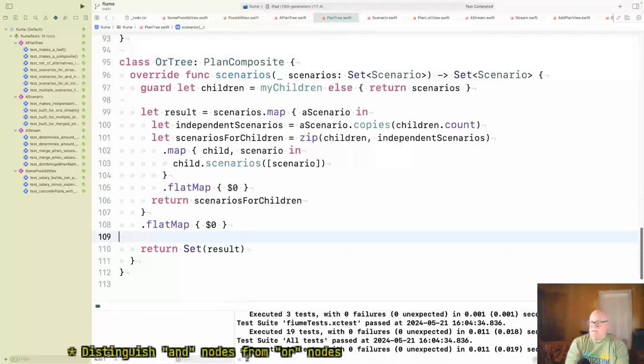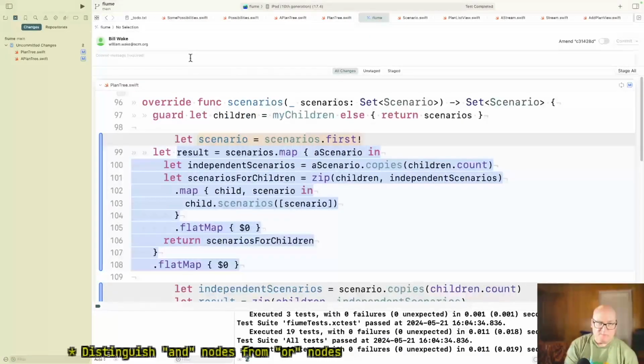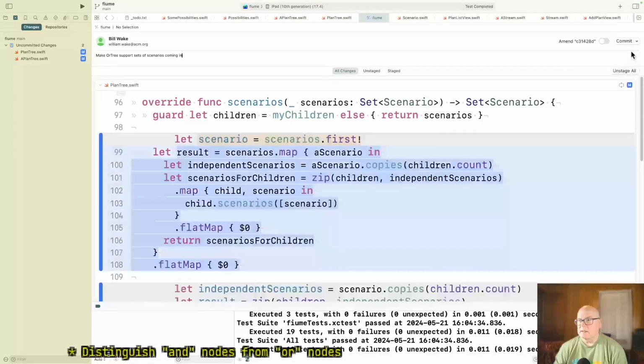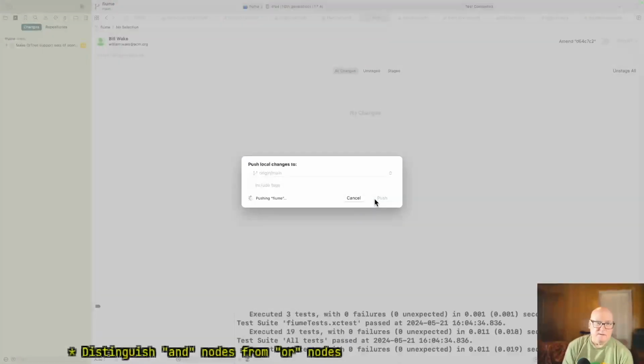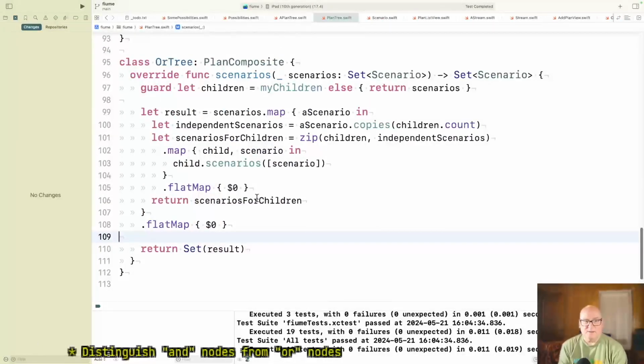Okay, I think there's two things we can do. One would be, well, let's check this in. Okay, because we make the OR tree support sets of scenarios coming in. All right, so that's good. It's only 5 clicks because I got to close that.